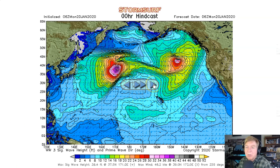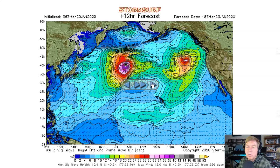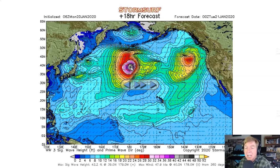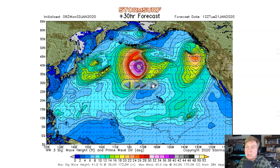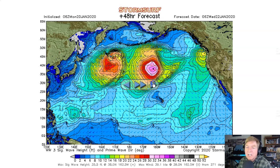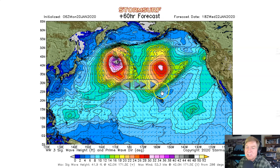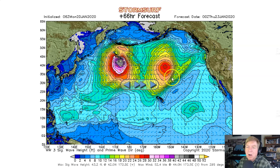So looking at the forecast models, all right, our little system continues. The reformed system continues in the Gulf. Our larger system approaching the date line on Monday morning with 42-foot seas, aimed east. Good little bit of swell that should be able to generate some 20-second period from that. System dying off of the California coast. Swell arrival expected on Tuesday. Another system building, or the system crossing the date line, starting to fade now. Still looking quite solid. It makes it to the, we'll say the Western Gulf on Wednesday before it starts to die out. You see the swell from it, the front just about hitting Hawaii in the evening on Wednesday, and